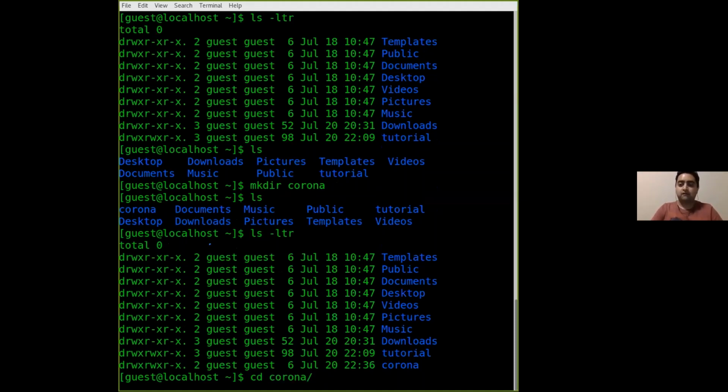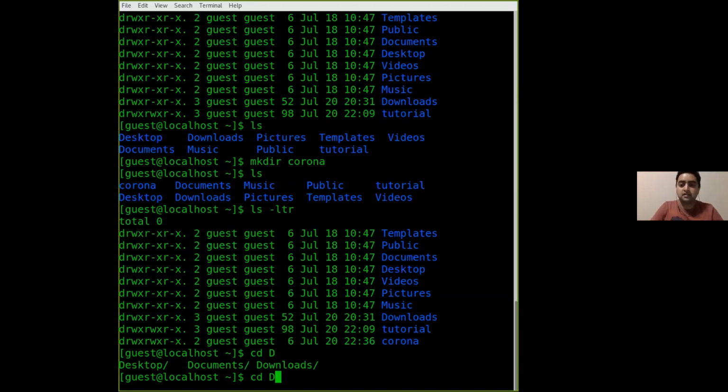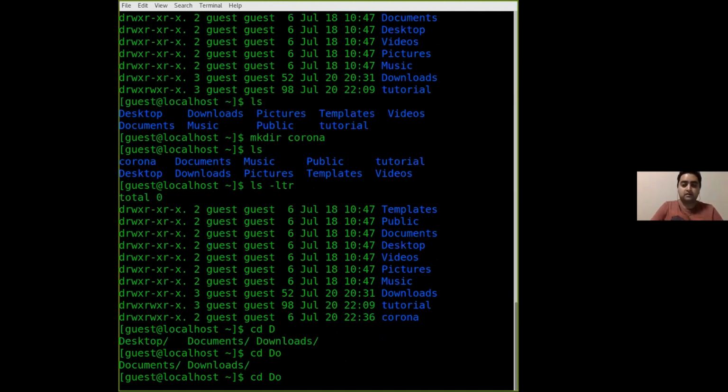It will try to find all the possible combinations, and if there is only one that starts with C, it will fill it in directly. If I type D, there are three options, so I narrow down: D, two options, then O, now it narrows down, and then W, tab. So I'm pressing tab. Let's go back to C, Corona,